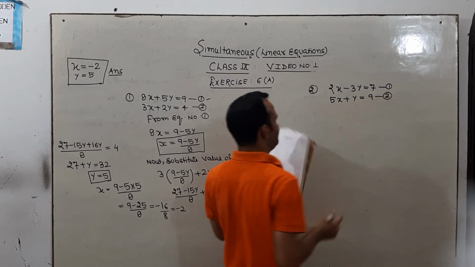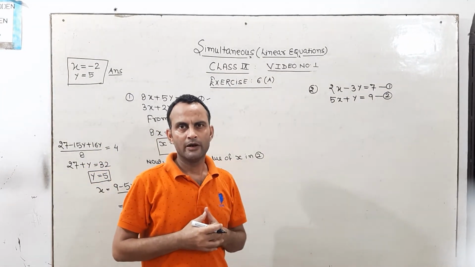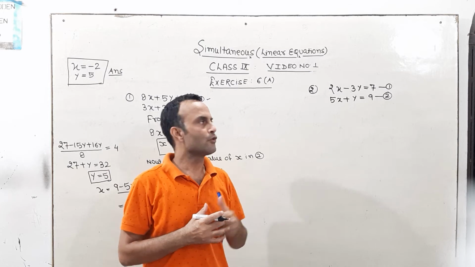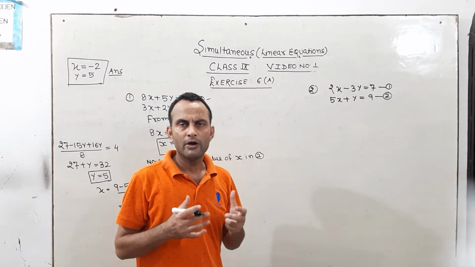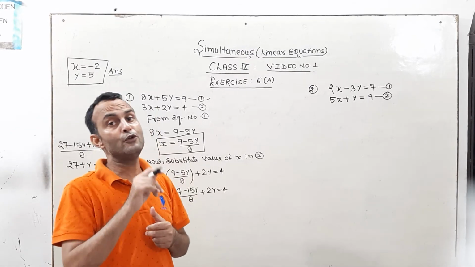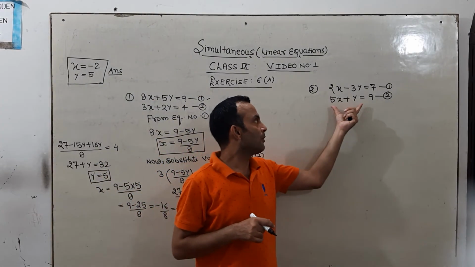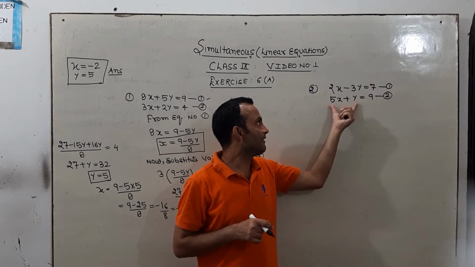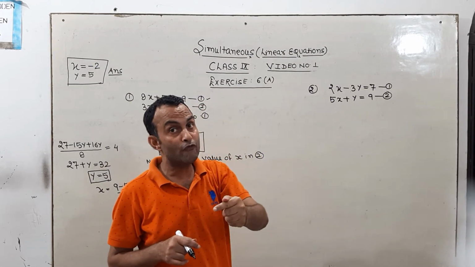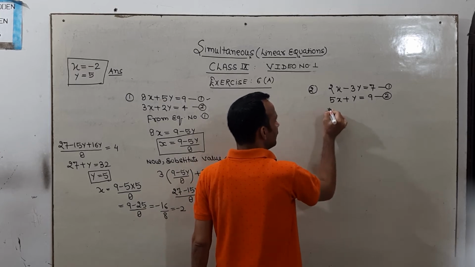This is second equation. Now, we have already discussed that in substitution method, we have to find out the value of any variable, either x or y, from any one of the following equation. If we find the value of the variable x from equation number first, then substitute that value of x in equation number second. And if we find out the value of the variable from equation number second, so let us suppose that we find out the value of x from equation number second, then substitute that value of variable in equation number first. Now see the solution from first.